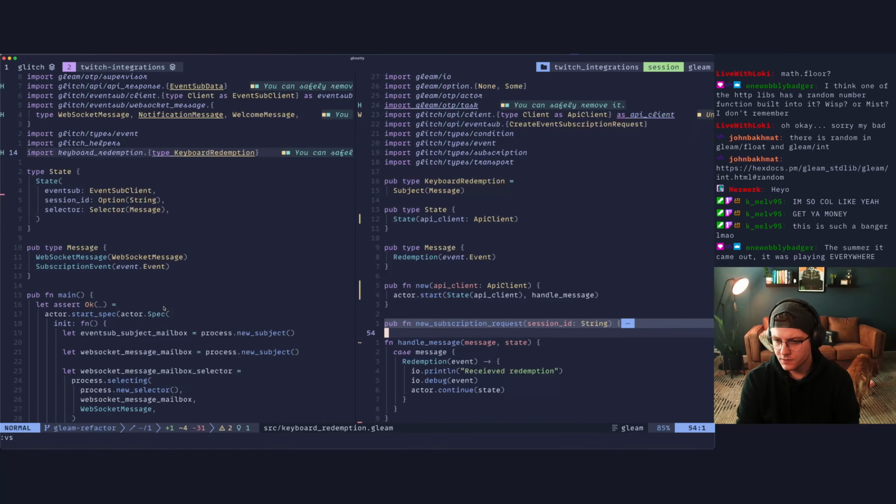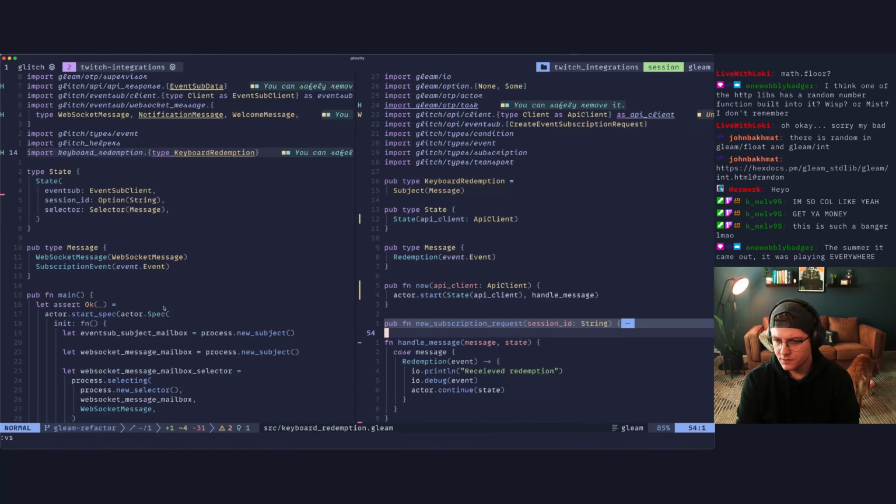Which now that'll give us an error down here because we have to spin it up. And this is going to require an API client, which we have right there. So let's come down here and say, after that, keyboard redemption.new.